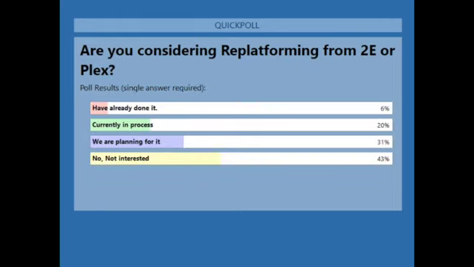All right, so 43% of you are not interested at all in replatforming. 31% of you are planning for it, probably haven't started yet. 20% are in the process of replatforming, and 6% of you have already done it.